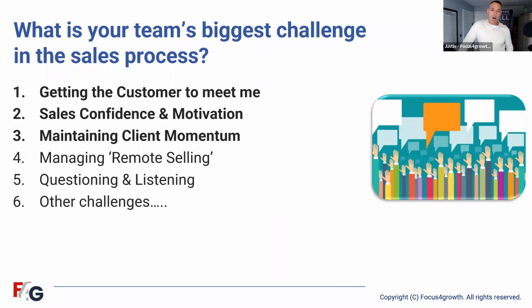And then coming in behind that, a kind of regular theme was about managing remote selling. And interestingly, during the pandemic, that was number one, but it's slipped back down now. So it's number 4 in our list. And questioning and listening is number 5. And that sounds like it should be straightforward. But when there's a lot going on in your mind and you've got pressure to make sales, you tend to do less questioning and listening and more pitching. And that becomes a problem for you and your customers without you realizing it.